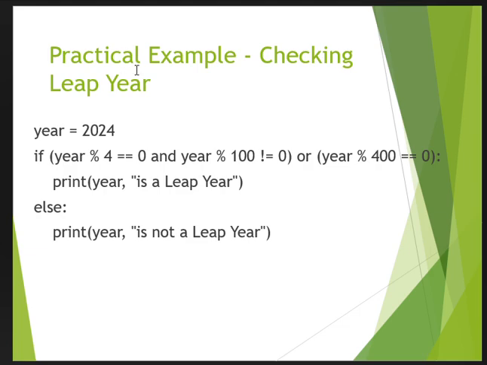Okay, now this is a practical program to check a leap year. You know what a leap year is? Any year which is divisible by 4 is a leap year. But if it is a century year, it has to be divisible by 400. I'm repeating once again. If a year is divisible by 4, it is a leap year. But in the case of a century year, it has to be divisible by 400. Now, if you see here,